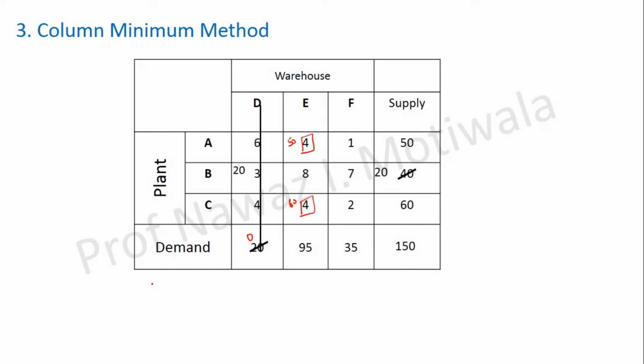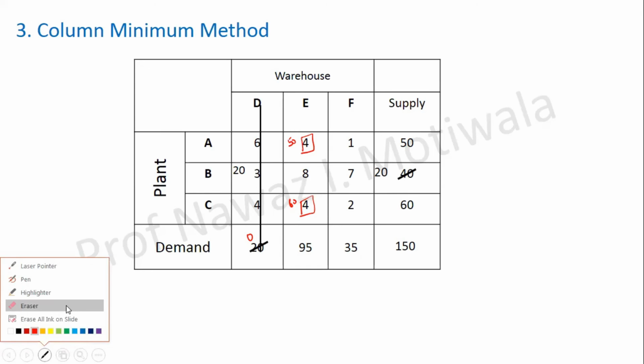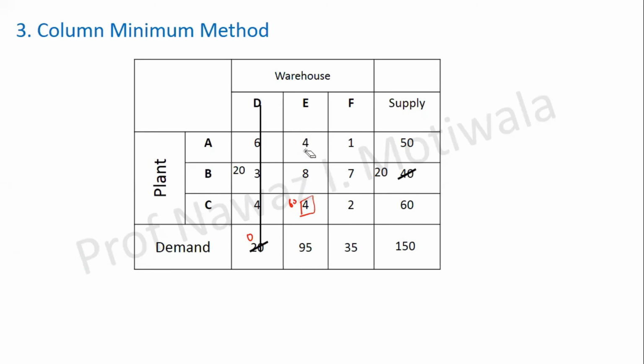Understood this part? So now I will give you a rule. If there is a tie in the transportation cost, you need to check at which place you can allot maximum. That should be your allotment. Understood? हाँ sir, समझा sir. Okay, so I will now erase this part because I have discussed that we will not allocate here. We will allocate at this particular point, this 4, because there we can allot more. So that's why I will allocate 60 here. This 60 will vanish and this will become 35. And because it has become 0, I have cancelled out this particular row.